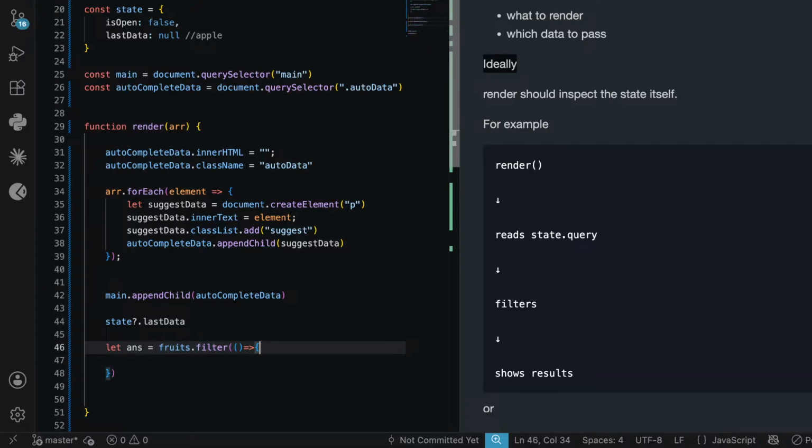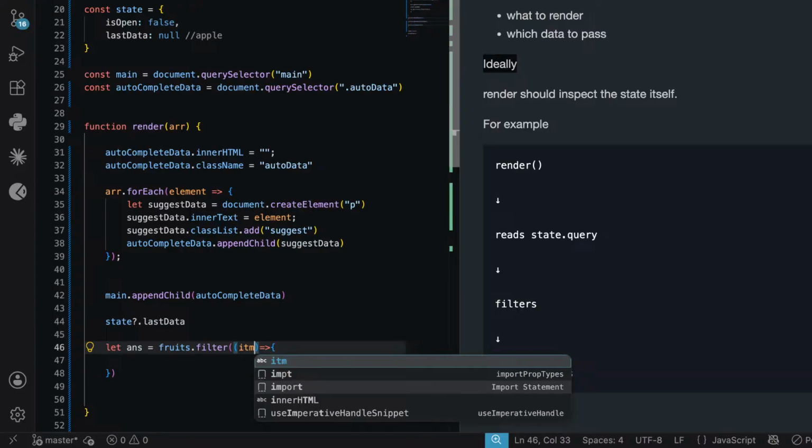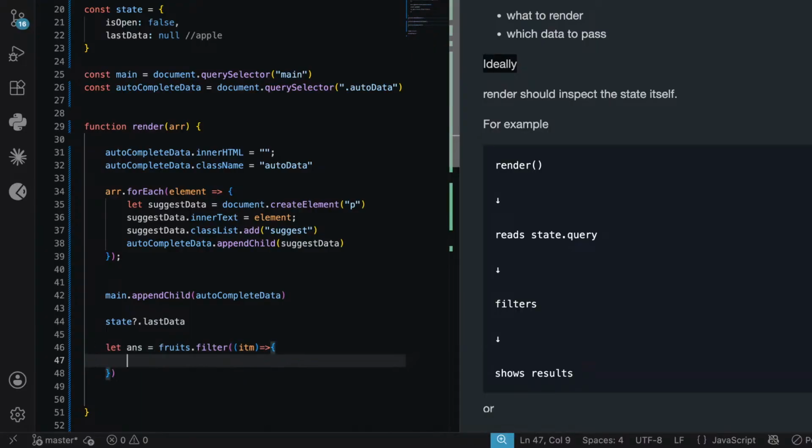Okay, we got a result, and let's have an item here. So when we filter the list, we get the array as a response. So how should it be returned? We have state dot data, last data, right? So we will try to filter using this thing. So how we are going to filter is,